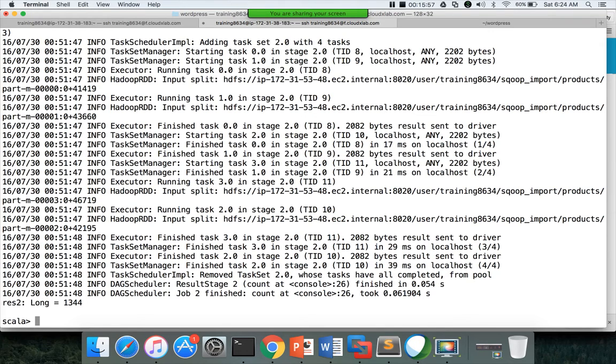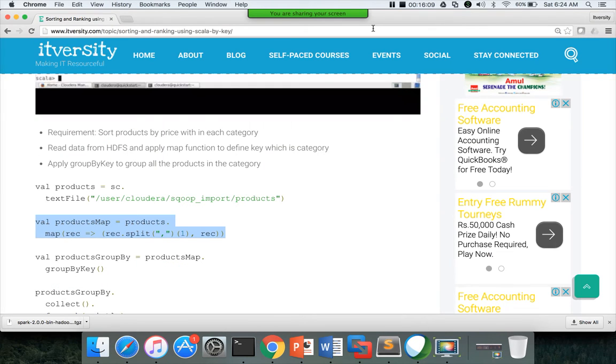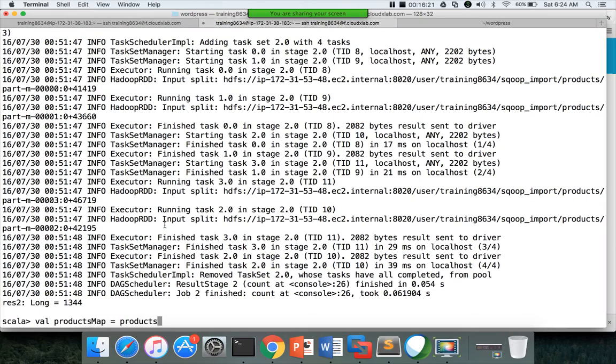This might not be the exact solution for the problem, but I know that that record will have null in the product price, which might cause issues later. So I am filtering it out. Once the data is filtered, now let us do the mapping and get the product category ID. In this case I have to do the mapping on filtered data. So productsFiltered